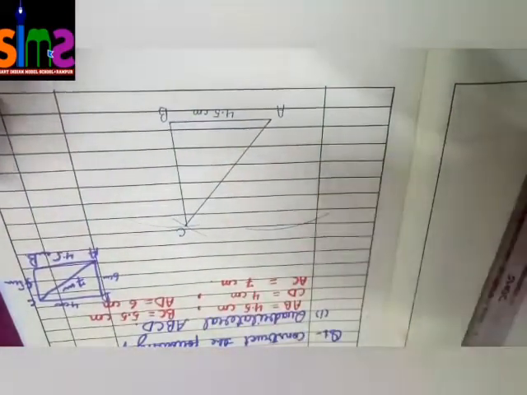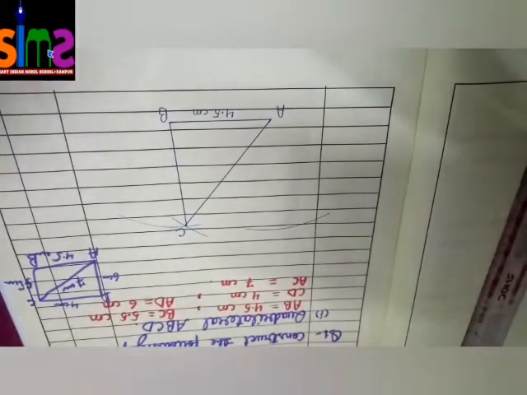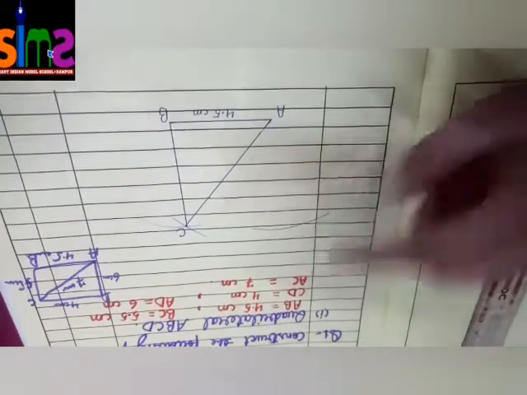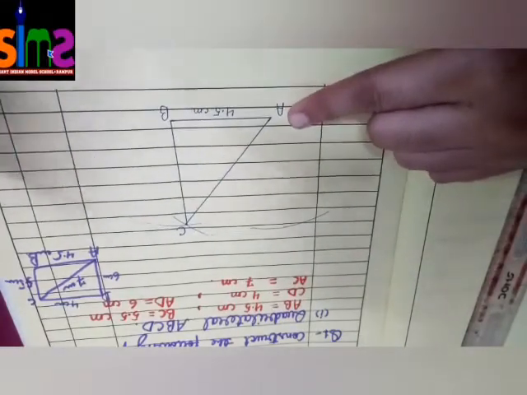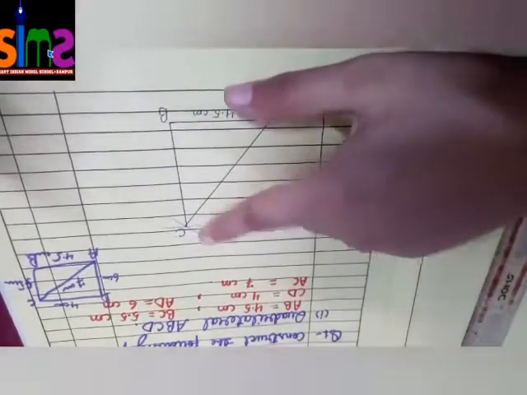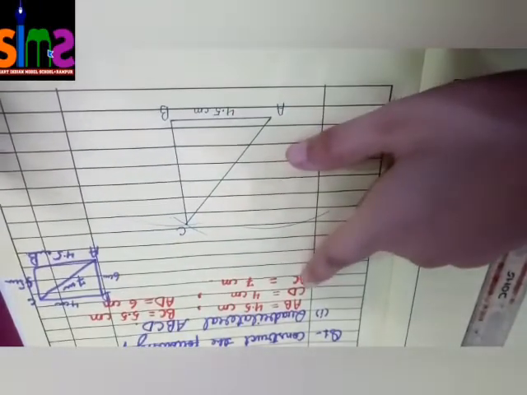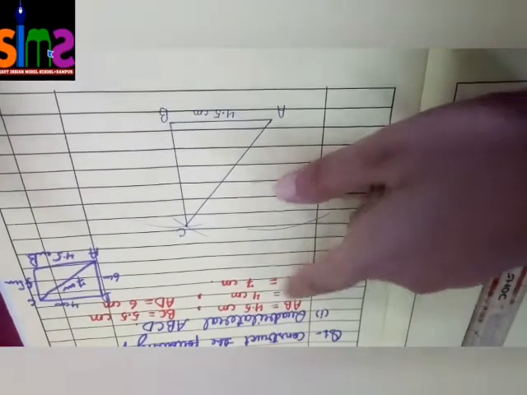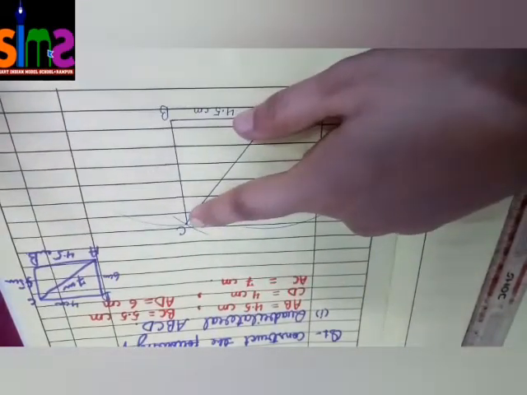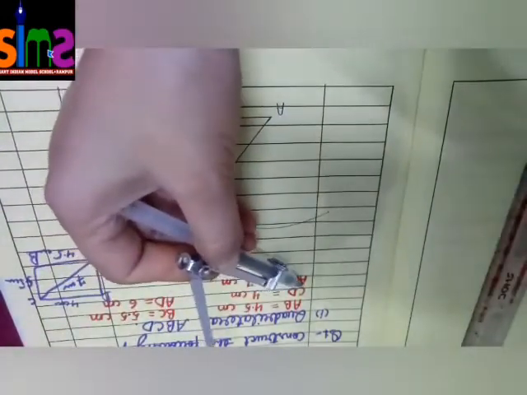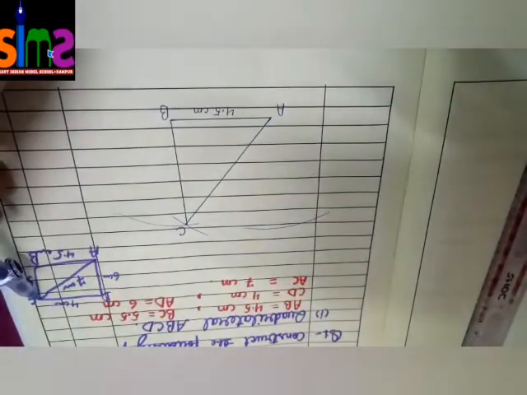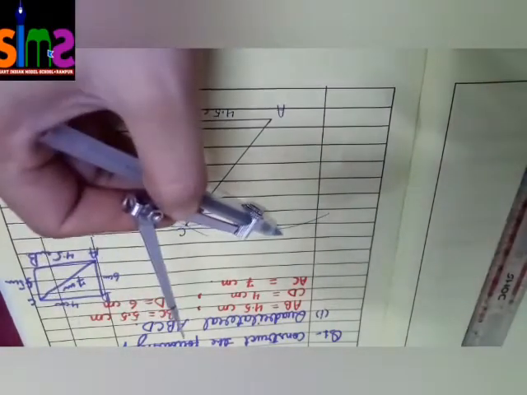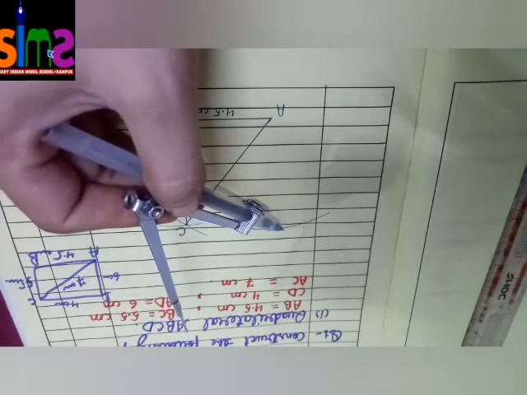But we don't know our D point. It's okay, we have been given CD equal to 4 cm. Now the points we know are A, B and C. So CD contains C, which means we know point C. We can mark an arc of 4 cm from point C. But where is the CD line? CD line is in this way. So we will put our compass here and draw an arc to this side.